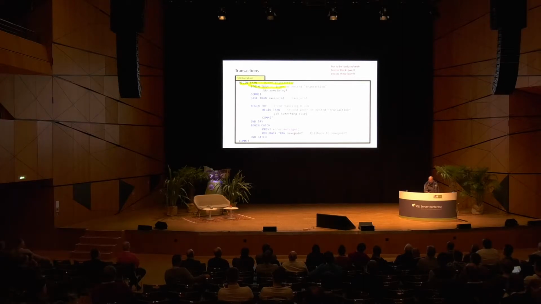But for every begin tran, we do need a commit. Another thing to say about nested transactions is that you might think of them as being atomic units, but again, they're not. We have this concept in SQL Server where we can define a save point. So in this specific situation, I've got some error handling here, and I'm catching any errors that happen, and this is where we run our other nested transaction.